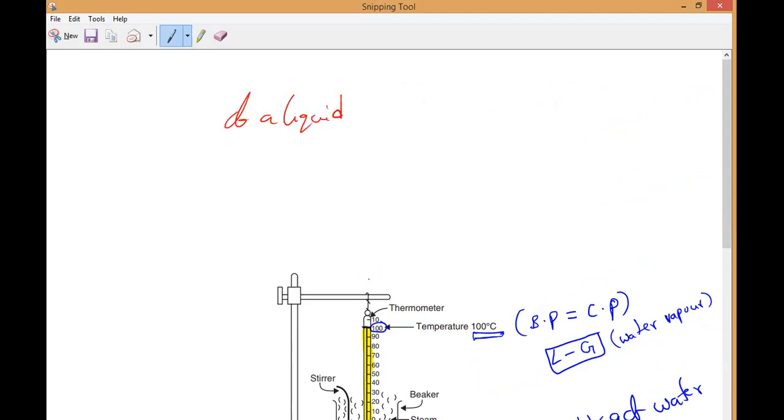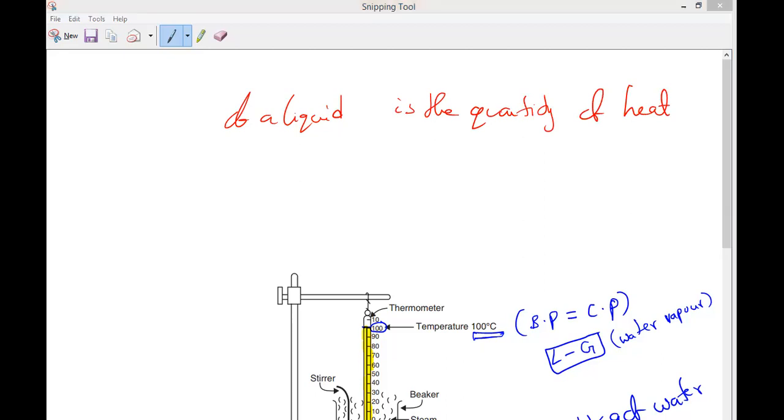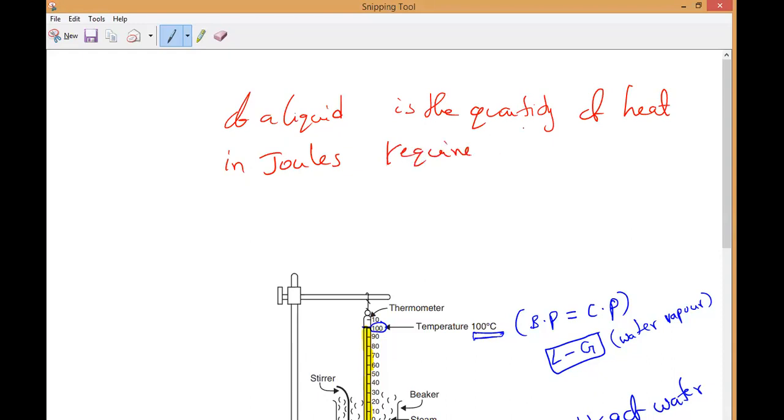Have you understood? The latent heat of vaporization of a liquid is the quantity of heat. Quantity of heat in which form? What is the unit of heat? Quantity of heat in joules. Yes, in joules, required to convert